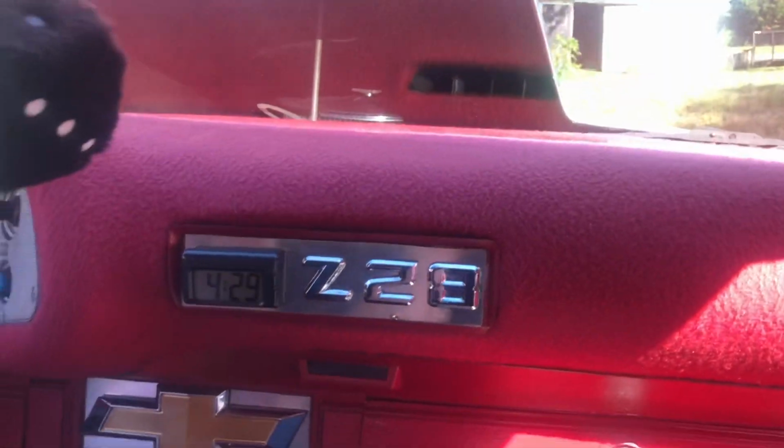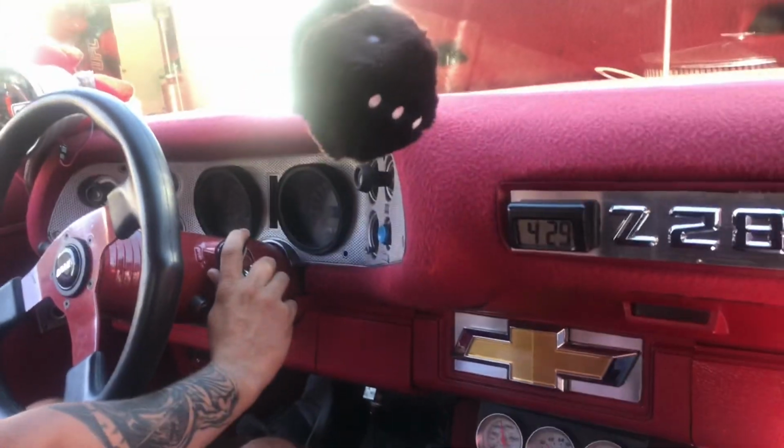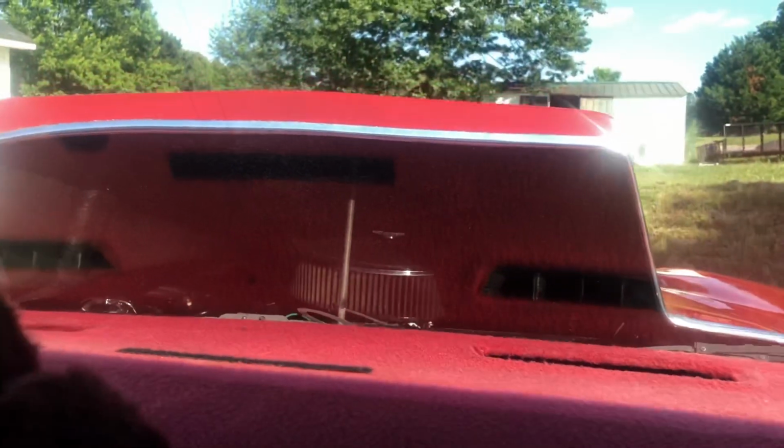'78. I had a '78 Z28 too, guys. If you don't remember that black one, but man, it's a huge hood. God,